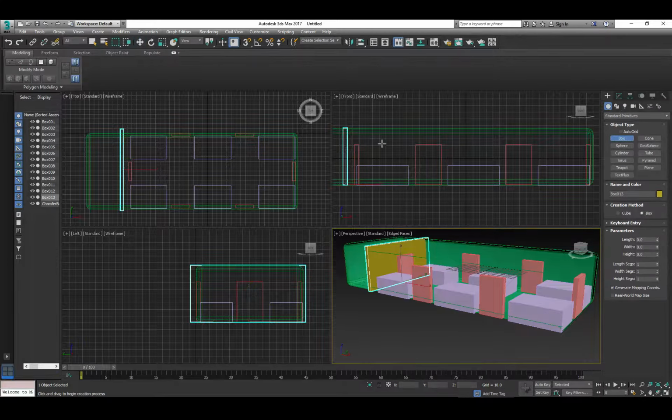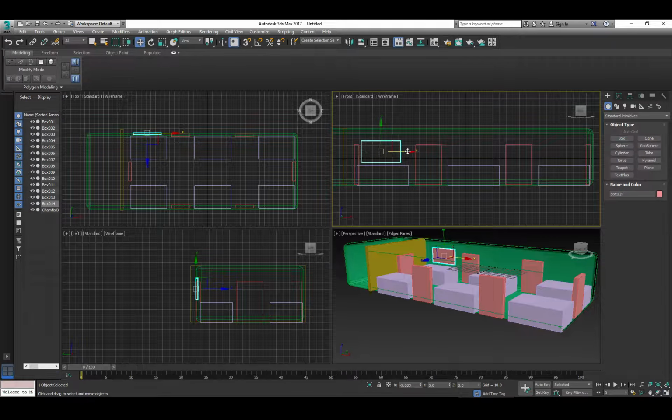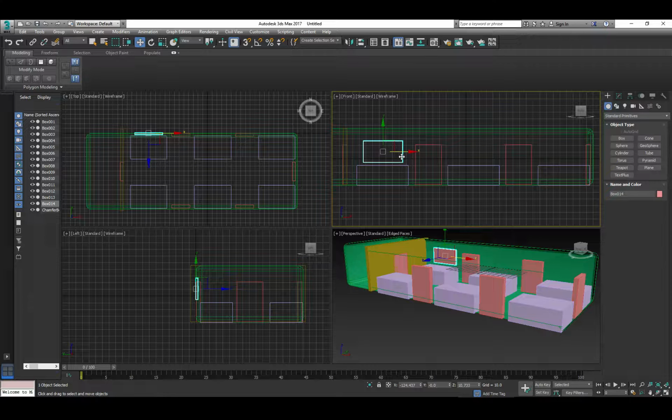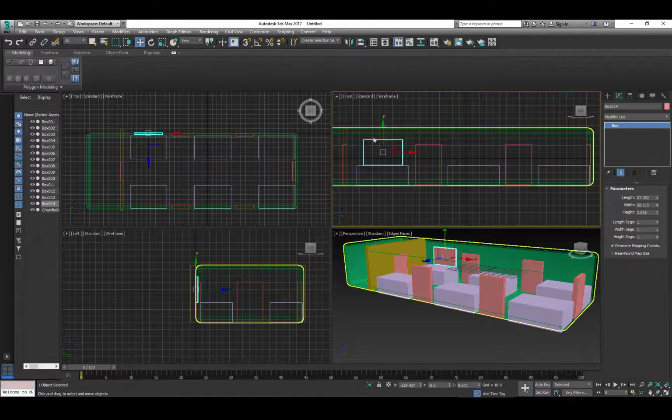Now I'm going to create another box here real quick, and before I do this, actually, I'm going to create a box here, and it's going to be on the wall, centered a little bit outward like that. And I'm going to move that box like so. And I'm going to move this door so that we can see it over here. Now this box here, I like this aspect, so I'm going to raise that just a hair. I want a bigger window, so we're just going to scale that up a little bit wider